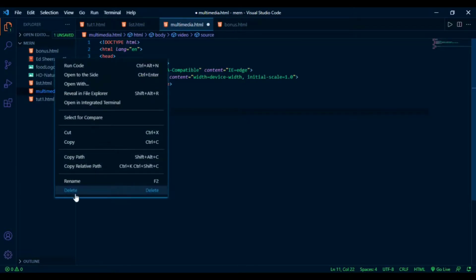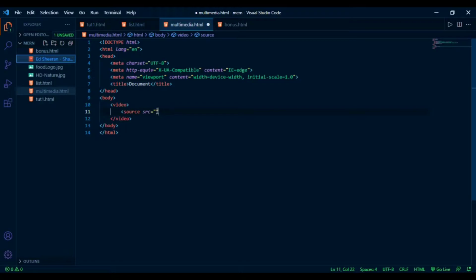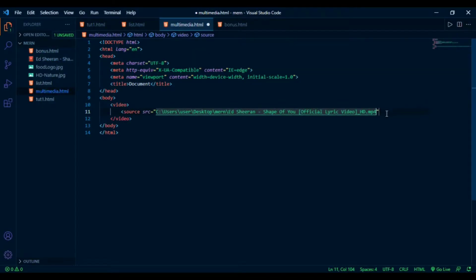I have already added a video in our folder, so I can use it and paste the path here. After that, write type is equal to video/mp4.